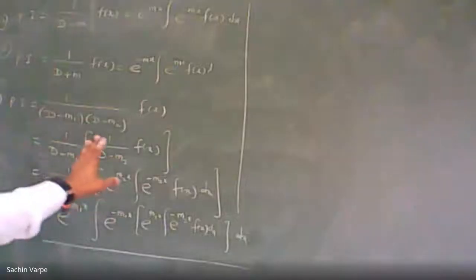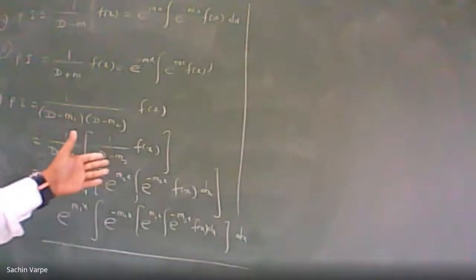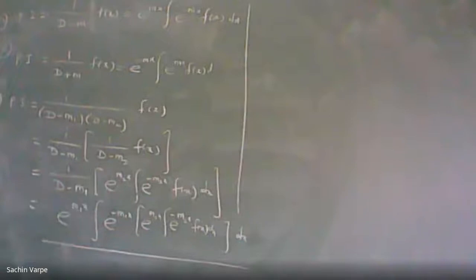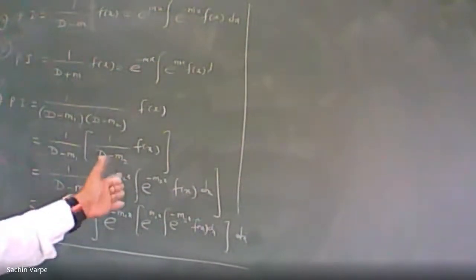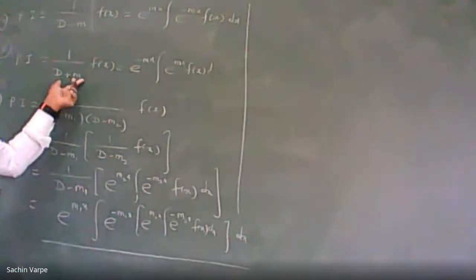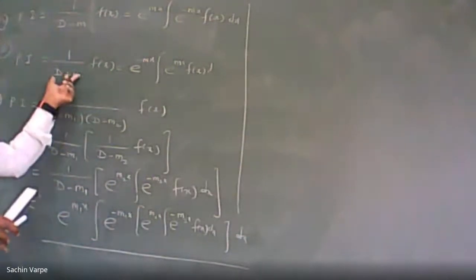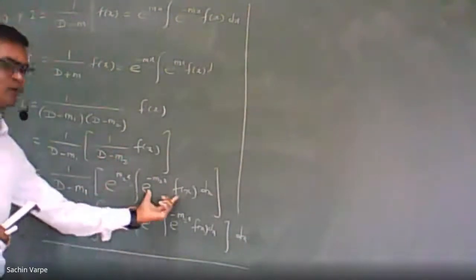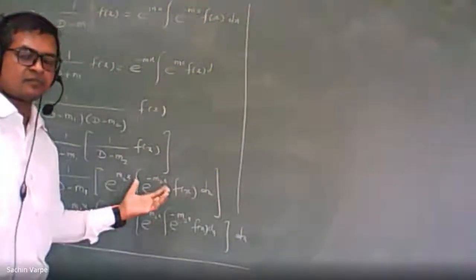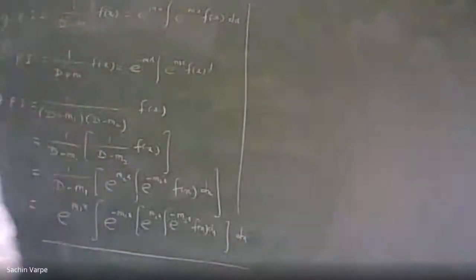Sir, are the roots real or complex? Do we apply the same formula? Any kind of root. The roots may be real, the roots may be complex, or the roots may be a combination of real and complex. So for any kind of roots, we have to proceed with the same thing. Don't need to worry. What will happen if the roots are complex? These factors will be complex, which means these integrations will be complex integrations. We can solve them even. Only i will be there. Okay, so nothing to worry about with complex roots.